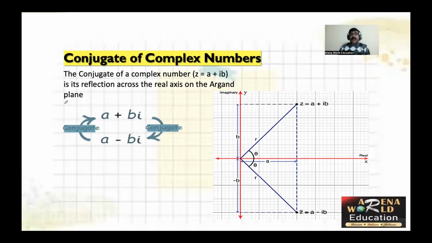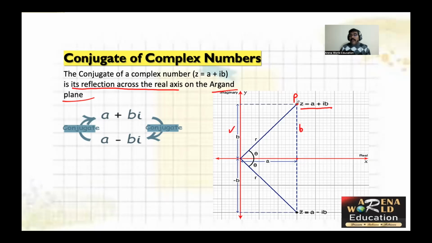Now let us discuss about conjugate of complex number. Conjugate of a complex number is what? It is its reflection across the real axis on this Argand plane, right? So if we talk about a point z is equal to a plus iota b, its reflection across the real axis. So how do we find the reflection? Look at this one. From real axis, suppose this is P, this point is b units away,